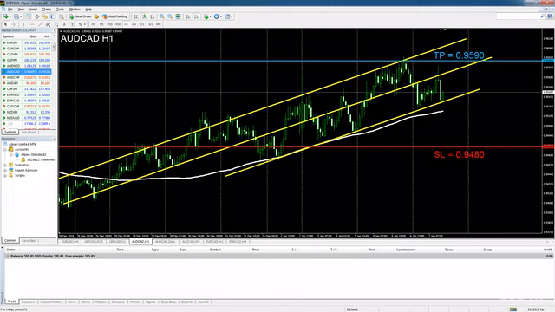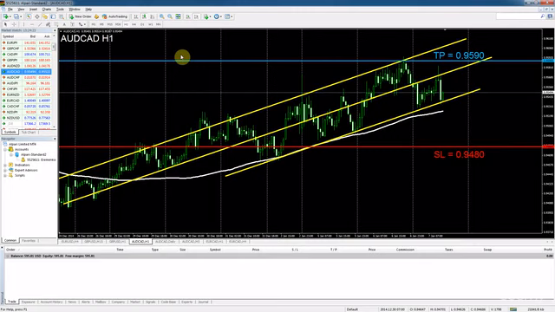Today we'll be conducting our next trade on our real live Forex account. So today we'll be trading the Australian dollar, Canadian dollar, 1 hourly time frame. And I'd like to mention that the Australian dollar, Canadian dollar currency pair is quite interesting because it consists of